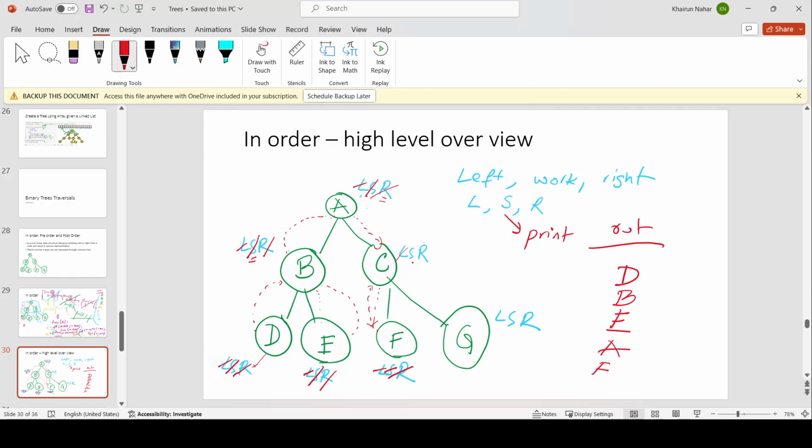When I backtrack to C, I see that printing is remaining. So I print C, cancel this out because I've already done printing. And then I see that R is remaining, so I move to the right. And as I move to the right, I cancel it out. I'm at G now. I move to the left, but there is nowhere to go. I print G, and then I move to the right. There's nothing to go. As LSR is completed, I go back to where I came from. I go back to C. When I'm at C, I see that LSR is also completed for C, so I go back to A, and I also see that LSR is completed for A, and that's it, I'm done. So this is the in order traversal output